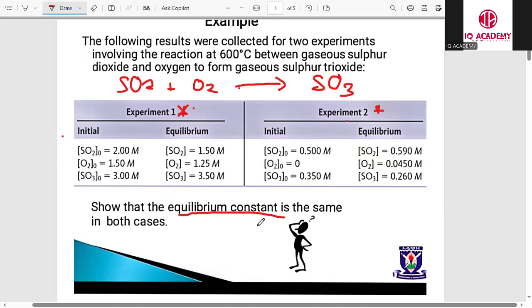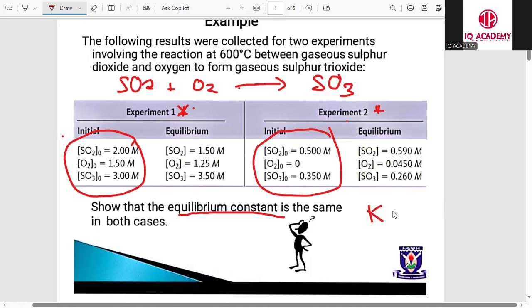Okay, so you have to know that for you to find the equilibrium constant, you have to know the concentrations at equilibrium. You can't use these ones here, the initial concentrations, to find the equilibrium constant. You always use the concentrations at equilibrium, like these ones and these ones here. Okay, so how do you calculate this equilibrium constant? You say K is equal to,